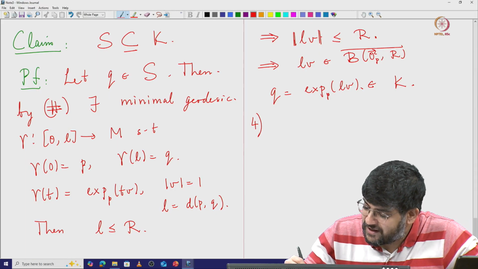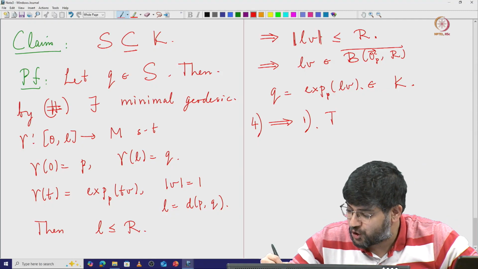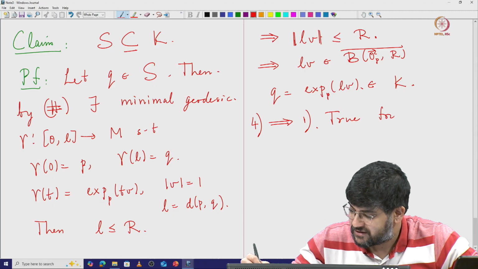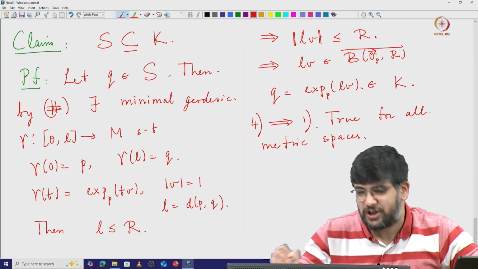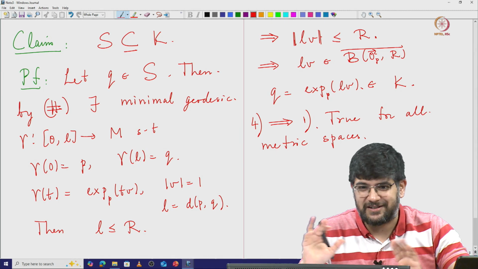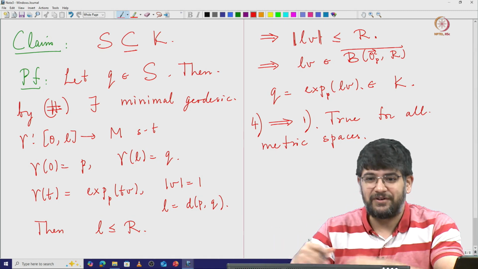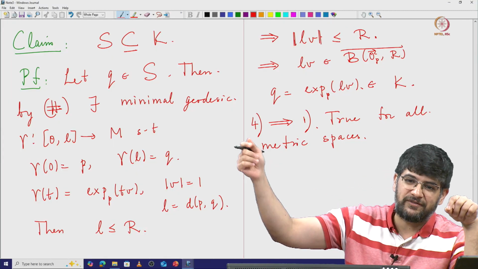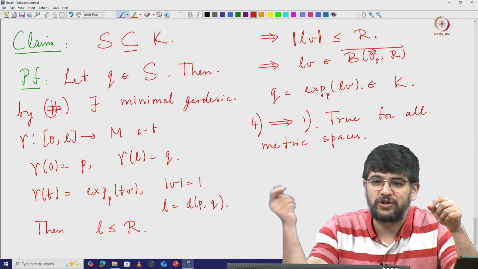So finally, let me explain that 4 implies 1. This is true for all metric spaces. So actually maybe let me just leave this as an exercise. This is just an exercise in point set topology, right. So given the Bolzano-Weierstrass property, suppose you are given a Cauchy sequence, then by the triangle inequality any Cauchy sequence